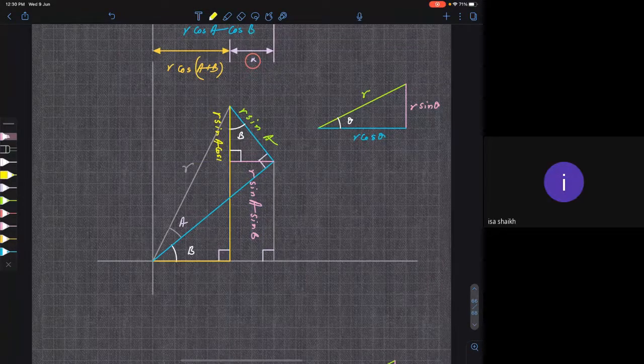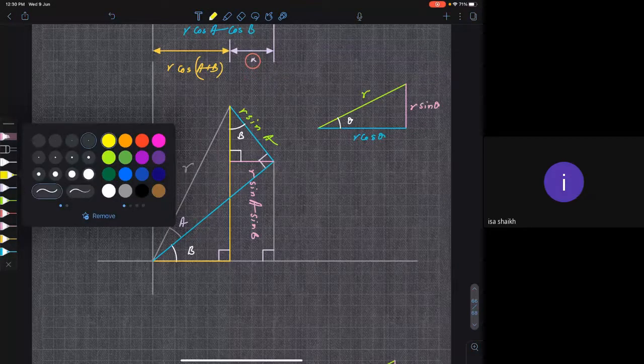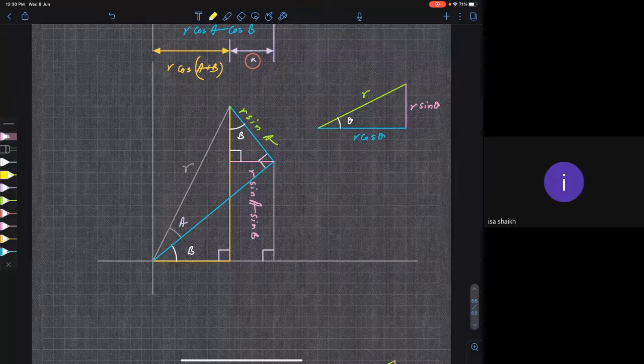It is a little bit tight to write down. You just understand that. You're getting my point. Yes, sir. So I'll just rewrite this carefully. So this side will be, sorry, so this side will be what? R sin A cos B. Are you getting my point? Yes, sir. Okay. Now we have found out the missing points.